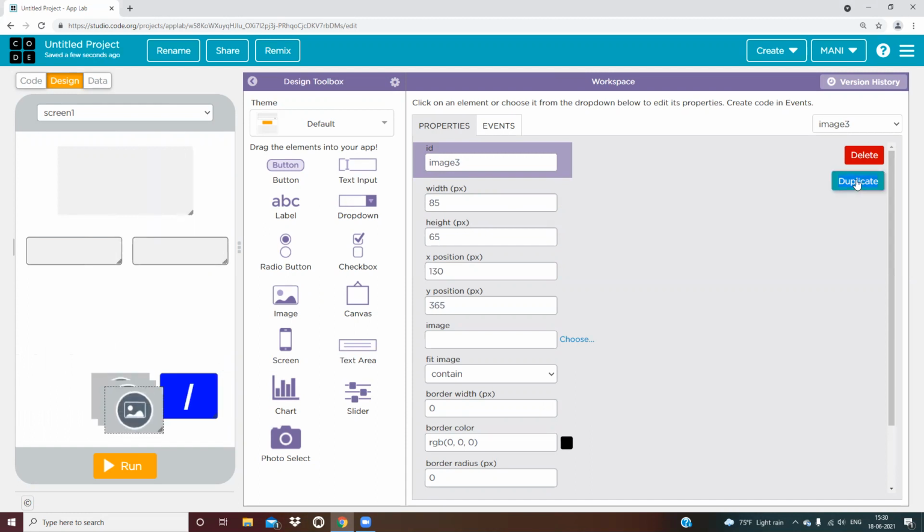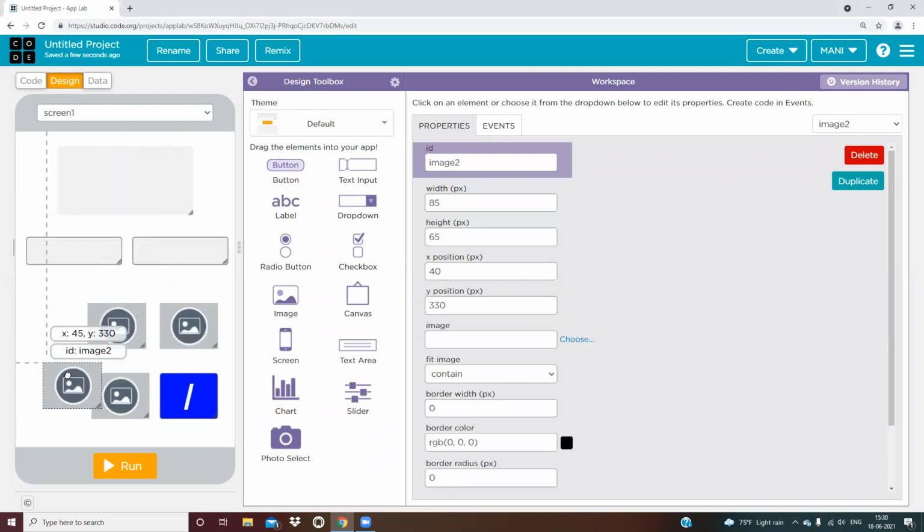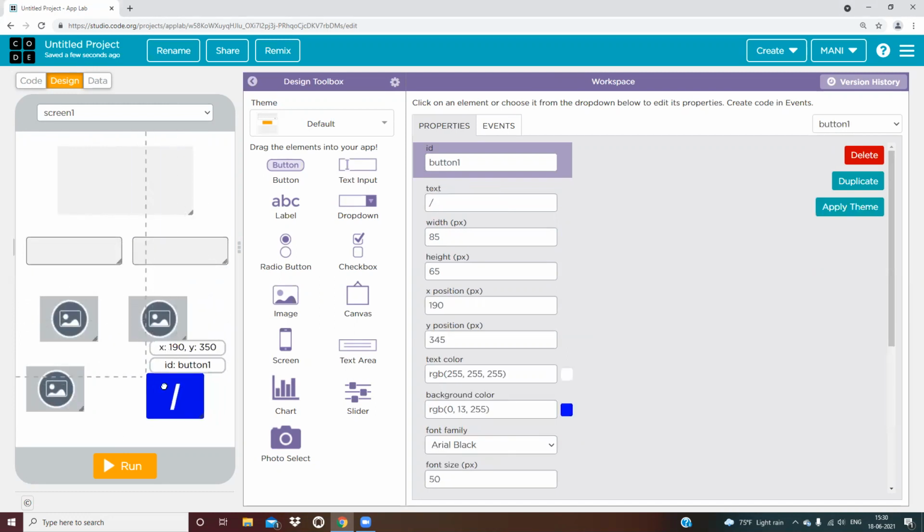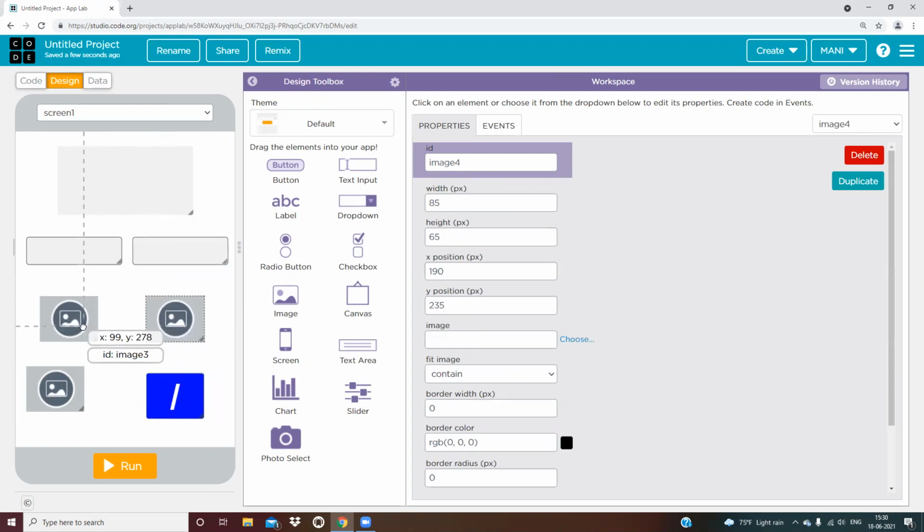Now I will duplicate it three times: division, multiplication, addition, and subtraction, like this. We have enough space for doing it.